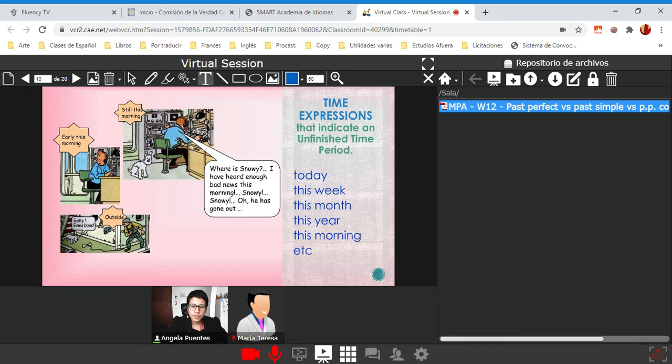So when we have this kind of expressions, you see, we are explaining that the time or the period of time is still not finished or is still ongoing. Yes, for example, today, if you're talking of today, it's because today is still ongoing. ¿Listo? Today, todavía no se ha acabado el día de hoy. And it's the same with these things, okay? This week, this month, this year, this morning. So, for example, we have